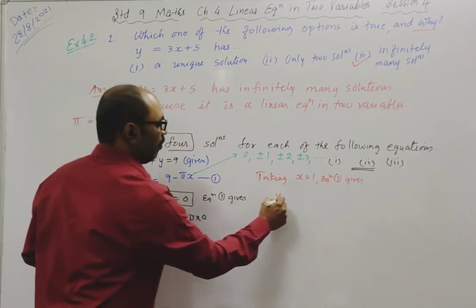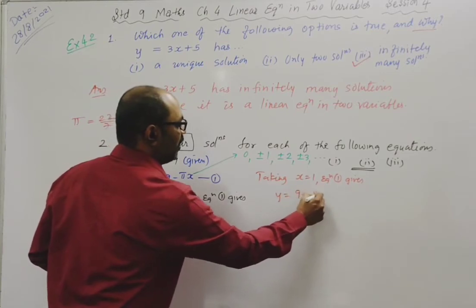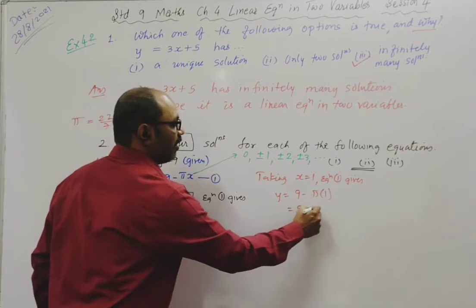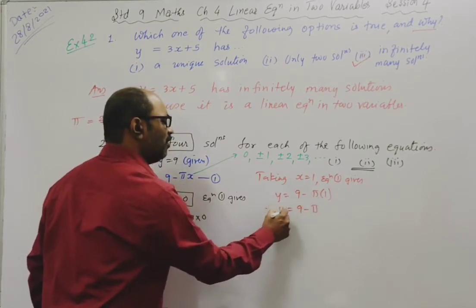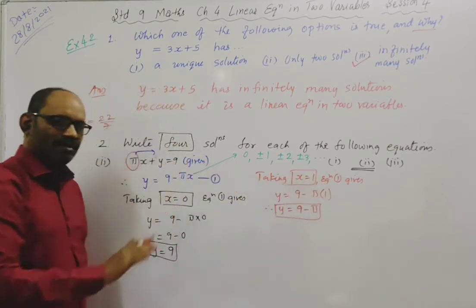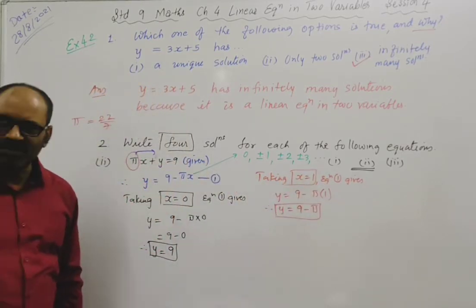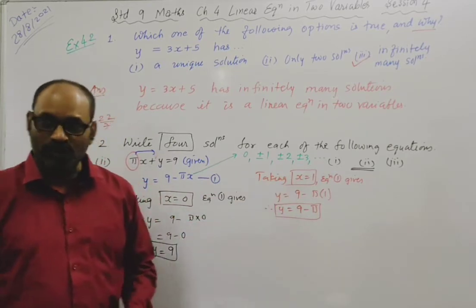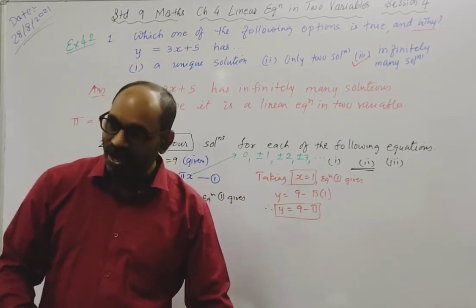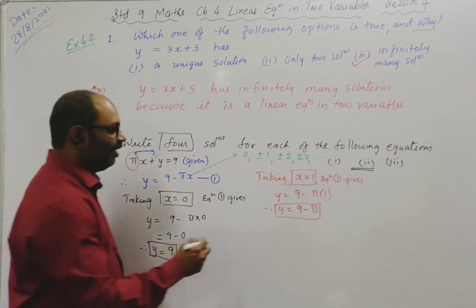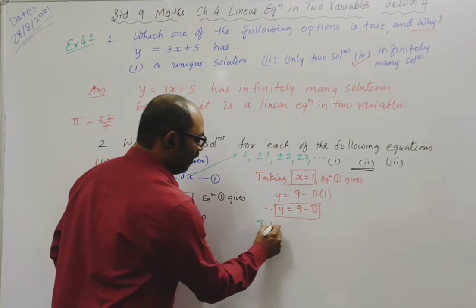y is equal to 9 minus pi into 1. That is 9 minus pi ones are pi. मैं pi छोड़ूंगा भाई, उसी फॉर्म में लिखूंगा. That's it. I don't want 22/7. So you got x and y values, corresponding values, which is solution of this equation. Is that clear? चलिए थर्ड ढूंढे.